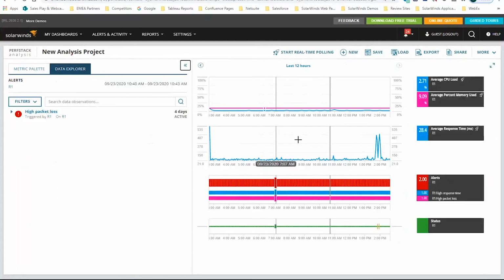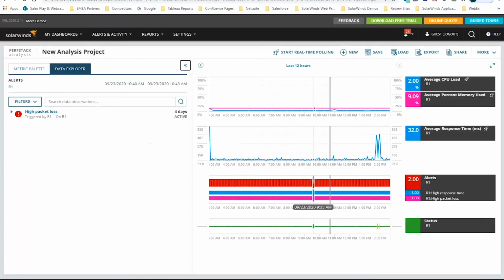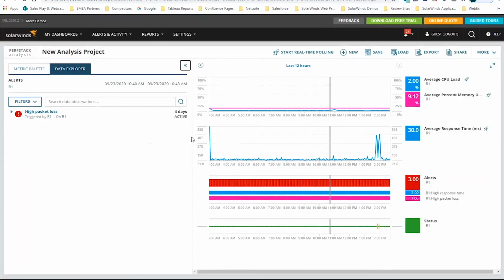Of course, on PerfStack, which is the analytical tool that we have within Orion, you can save these as widgets. So if there's very critical devices or groups of devices, or a group itself might include an application plus some servers, virtual machines, and network devices, you can create a widget around the performance of that group, and you can put that up on a NOC screen and so on.